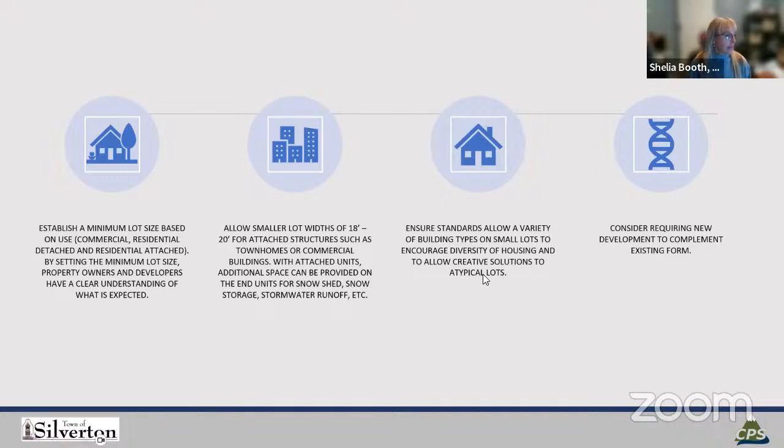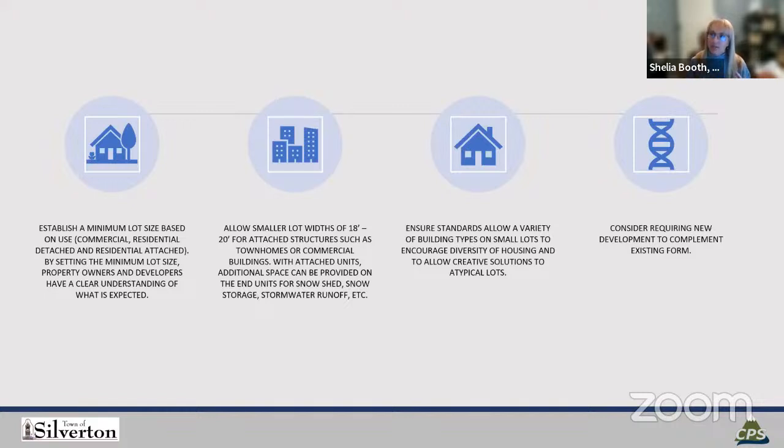So considering that, these last two don't necessarily apply only to small lots, but we want to incorporate them or have them be considerations as the code moves forward to make sure that the infill development is in keeping with the form of what's around it. So if we do allow these small lots and everything on that street is at a 7-foot setback, we don't want something that comes in at 0 foot where it just sticks out like a sore thumb.